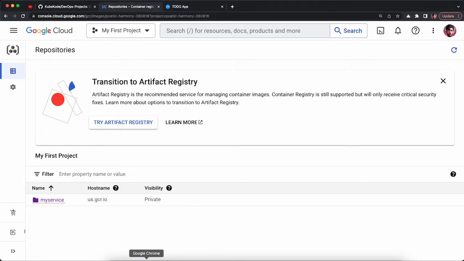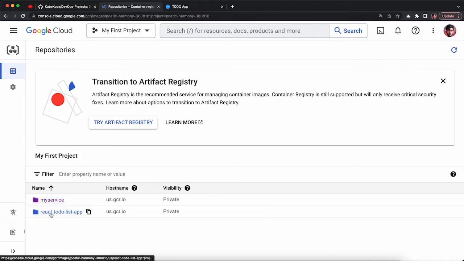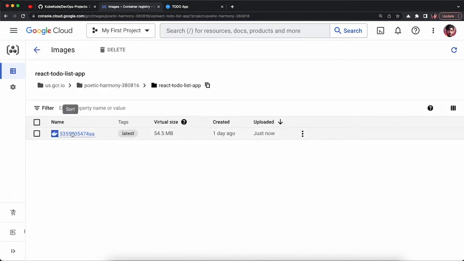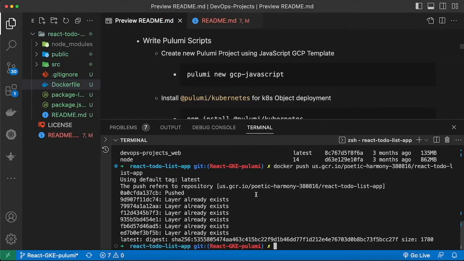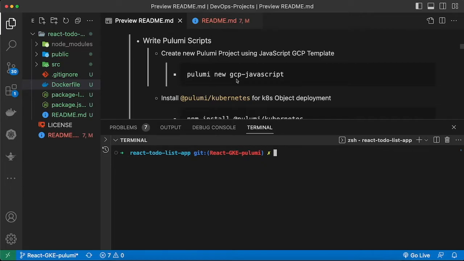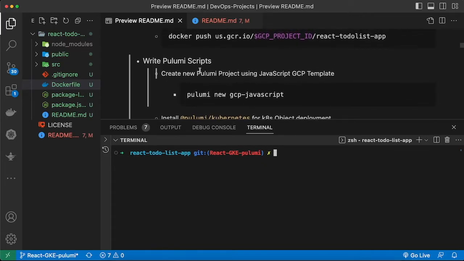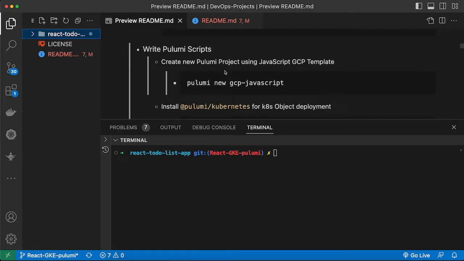So now my image is pushed here. Now if I refresh it, you can see my image is here and it is pushed inside the GCR, right? So now let's see the next steps. Our next step is we need to start writing our Pulumi